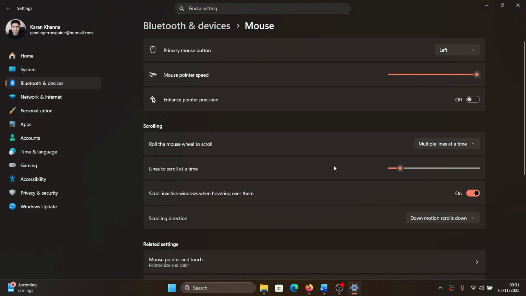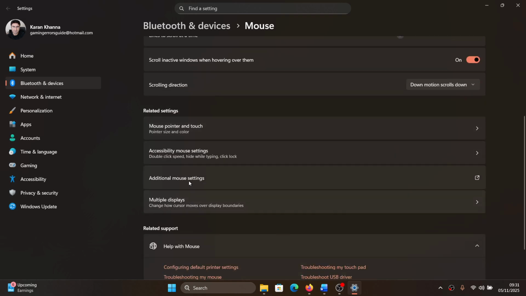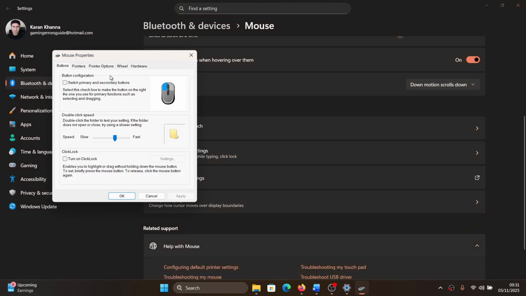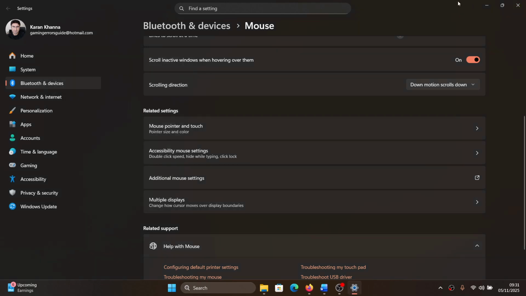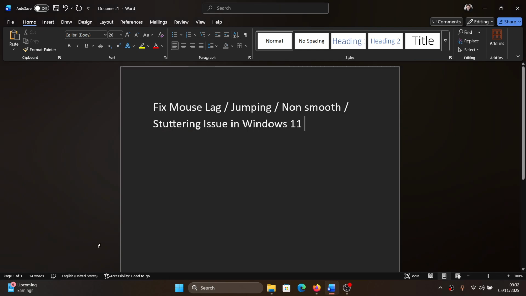First of all, to prevent the lag, and then you can click on additional mouse settings here. Then go to pointer options, and there is an option here which says enhance pointer precision. Simply remove it, uncheck it, and then click on apply and then on OK. If this doesn't help, then search for